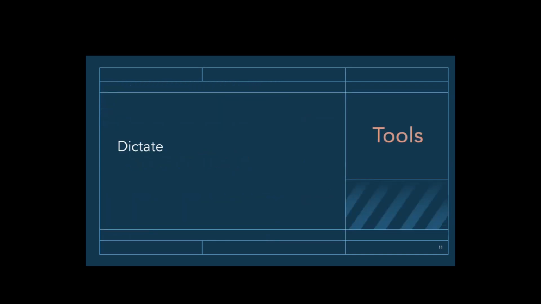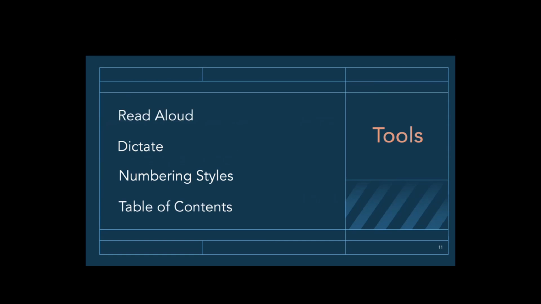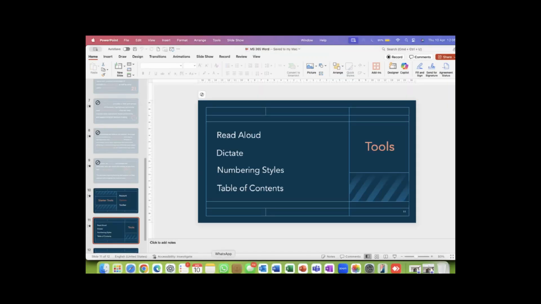And then the tools I'll share with you are Dictate, numbering style, table of contents, and, don't know why that one popped up on top afterwards, the read aloud. Now, the top two are definitely AI, definitely. But I'll say a little bit more about that in a second. So let me end the slideshow and head straight over to Microsoft